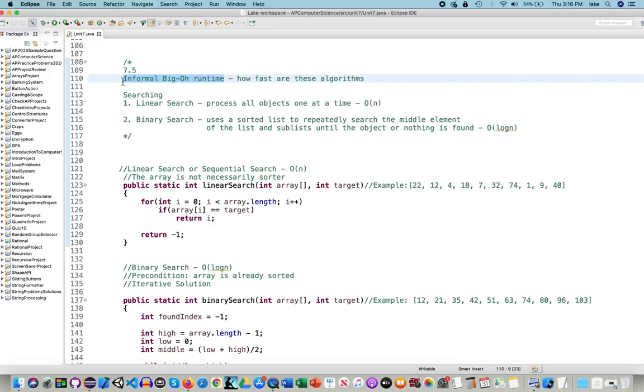So I'm not necessarily going into depth with this. Years ago, we used to go into real depth with this. I know some people are not taking calculus yet, so some of this stuff might be a little bit beyond your ability. So I'm going to try to keep this somewhat informal, but I'm going to point to a couple of things that go on when we're talking about how fast is this algorithm. Now, the first thing is,